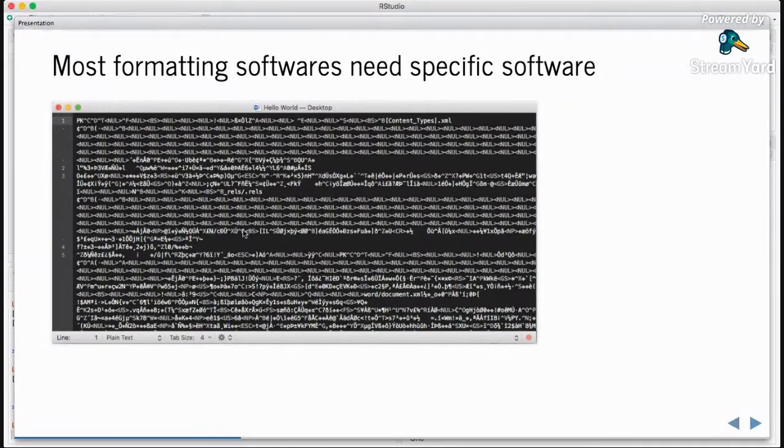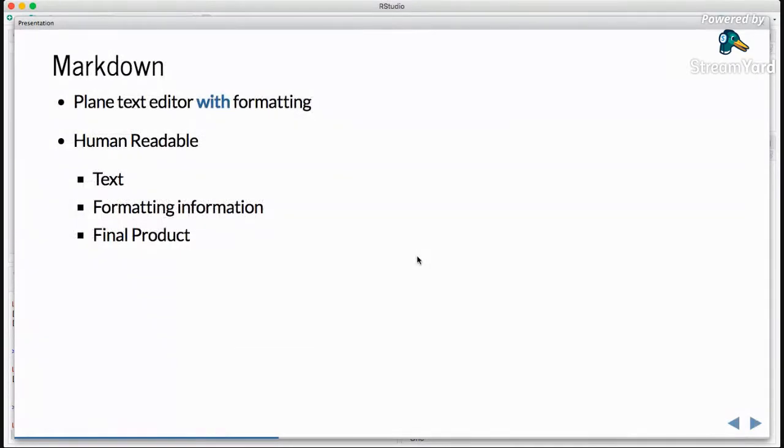API which is not universal, right? And this kind of text is not human readable. You need some special software to make sense of what is going on, and only then does it become human readable. So the goal of Markdown, not R Markdown, just Markdown,